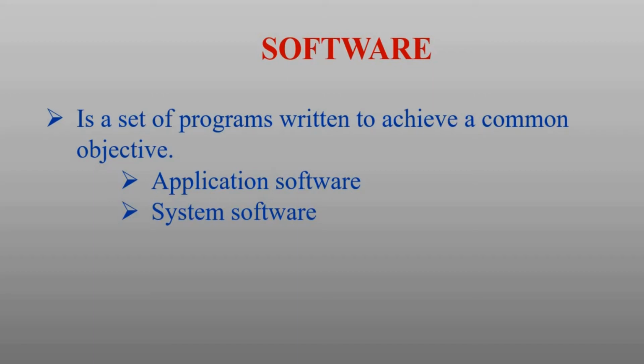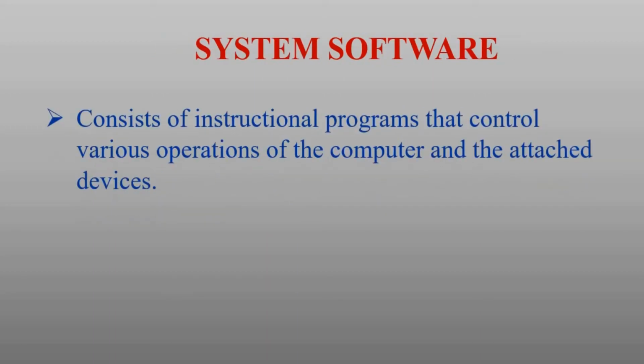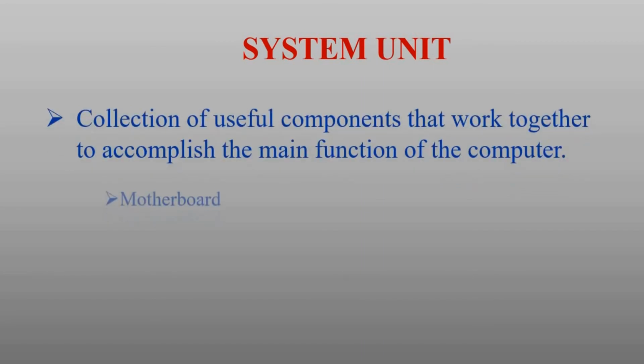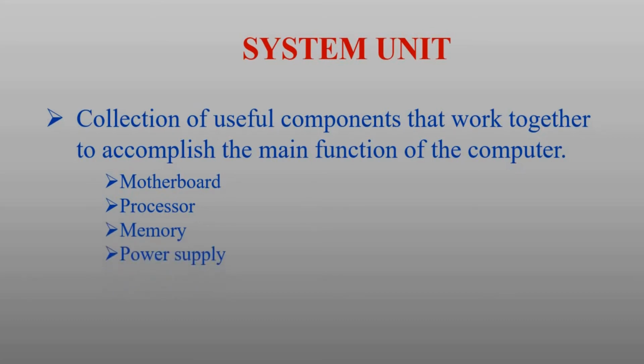After that, we can learn about the system unit. The components associated with your system unit are the motherboard, processor, memory, power supply, ports and connectors. So let's learn about the CPU. The CPU is literally called the brain of your computer because every instruction given to a computer is processed and the operations are carried out by the computer by means of the CPU.